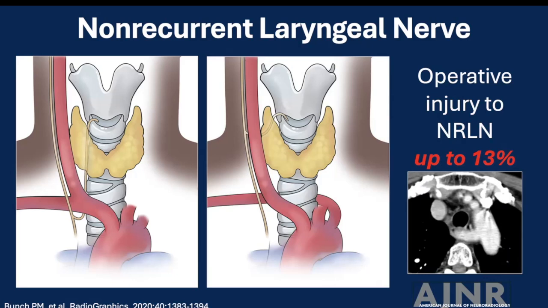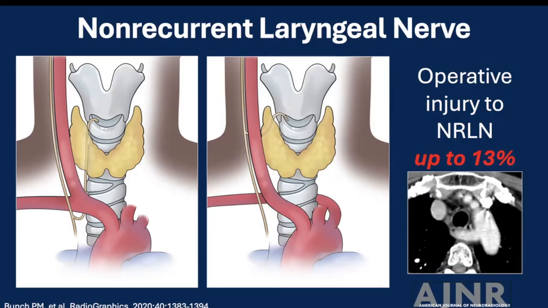Both the branch point from the vagus and the subsequent course of the non-recurrent laryngeal nerve to the larynx are variable and therefore unpredictable. As a result, there is increased risk of operative injury to the nerve, particularly if the surgeon is not alerted to its presence preoperatively. Thus, for any patient having thyroid or parathyroid surgery, I choose to report the presence of an aberrant right subclavian artery in the impression. I should mention for completeness' sake that the same is true for the left recurrent laryngeal nerve in the setting of a right aortic arch with an aberrant left subclavian artery, though this is, of course,